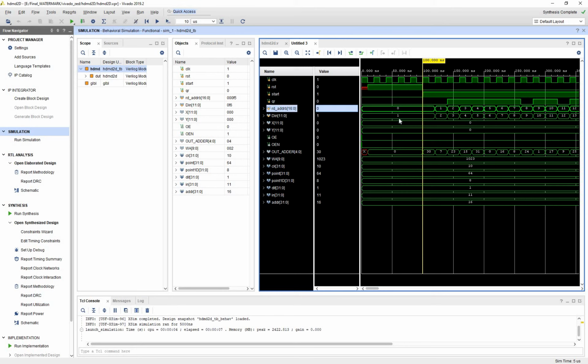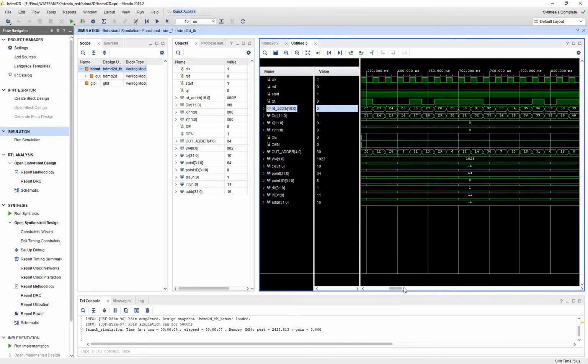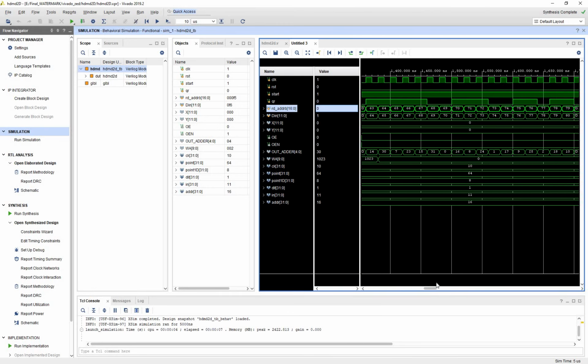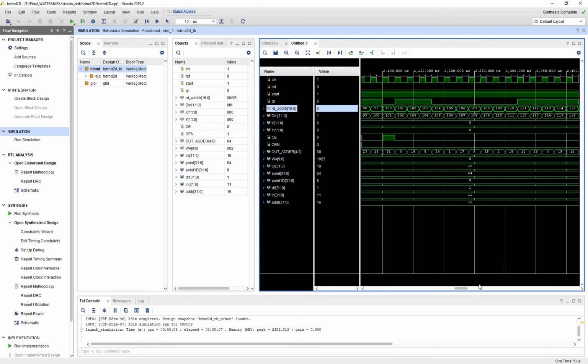So the clock count will be 0, 1, 2, 3. After 133 clocks, or exactly at the 133rd clock, we'll get an output.